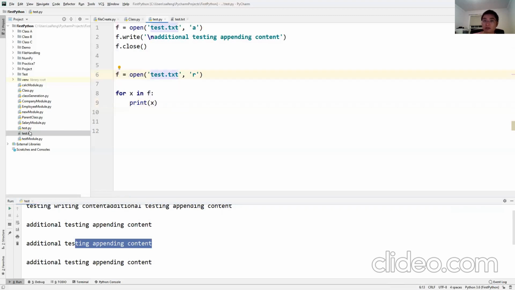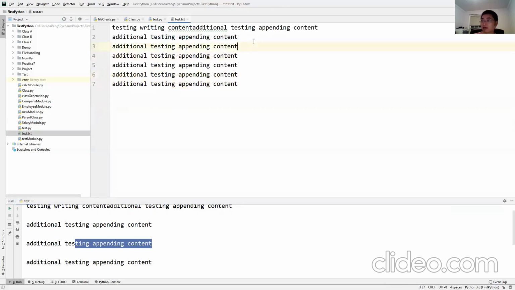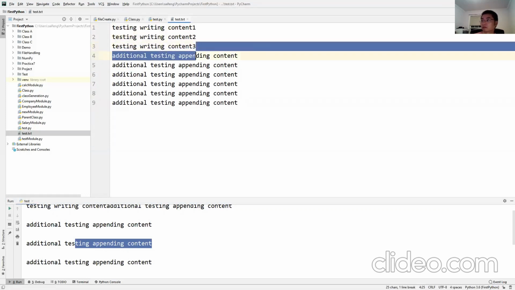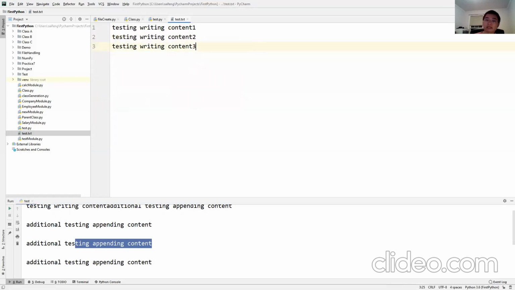One more thing I want to talk about here is also used in the assignment, but I'm not sure you really understand. Let me make it simple. In this testing.txt file, I have 3 lines: 1, 2, 3.